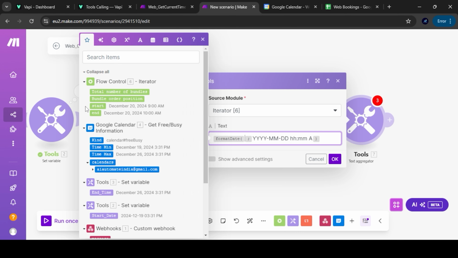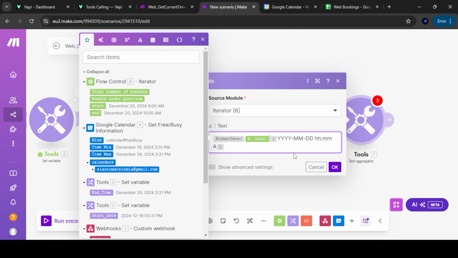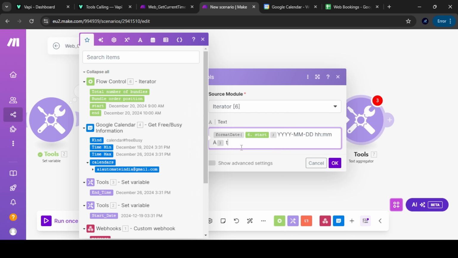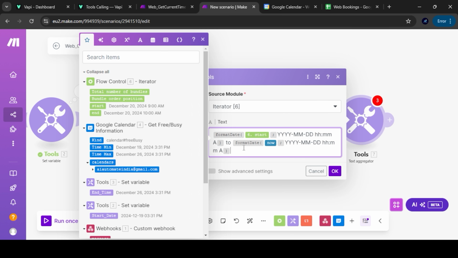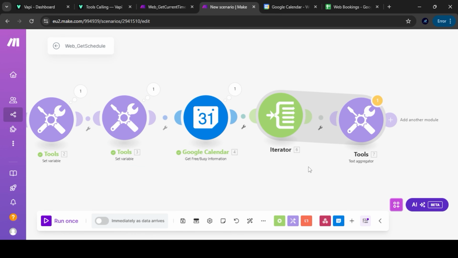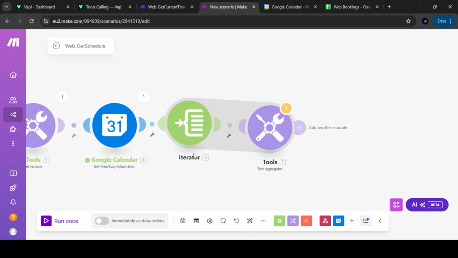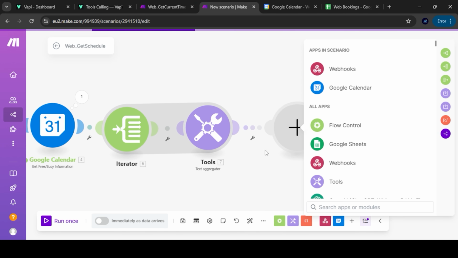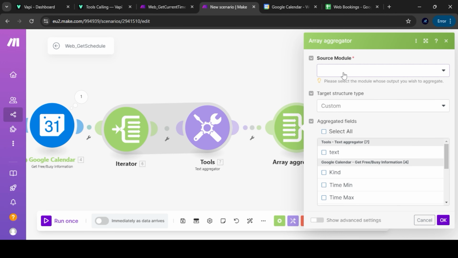We need it from the start, which we are getting from the iterator, to the end time. So it will aggregate all the text from the start time to the end time, and then we need an array aggregator to create a bundle. It will get the source mode from this text. Yeah, that's it.